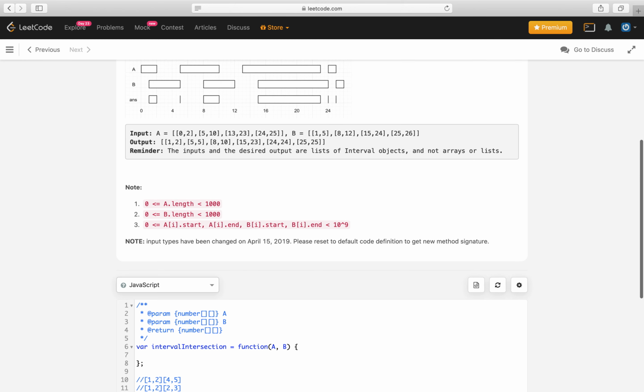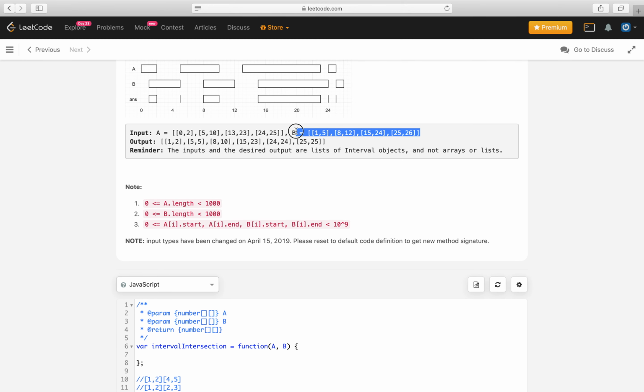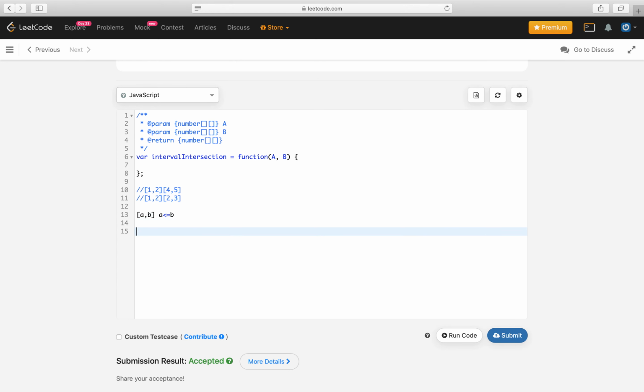Okay, let's take the example A and B and try to solve this problem. Let's think about A as just one pair, and B has just one pair.